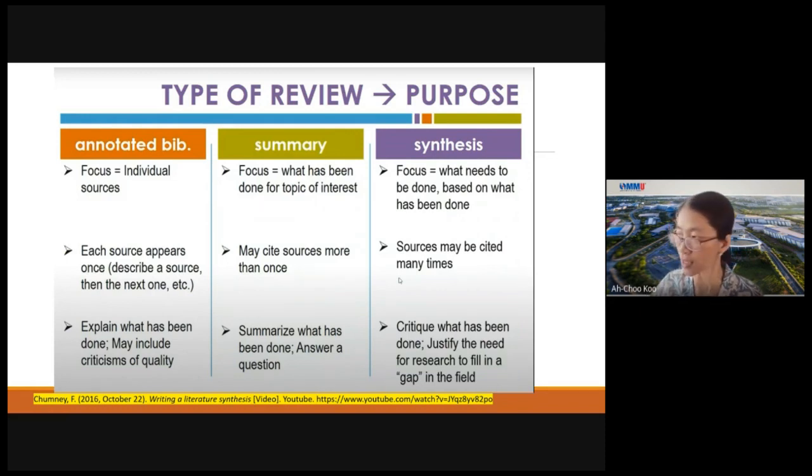So a few studies, like Dandy, Haswan, and also that person. All three. Three of these mention sources that may be cited many times. Okay. And then